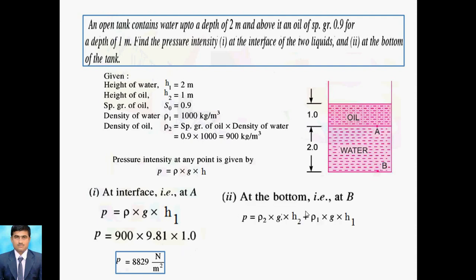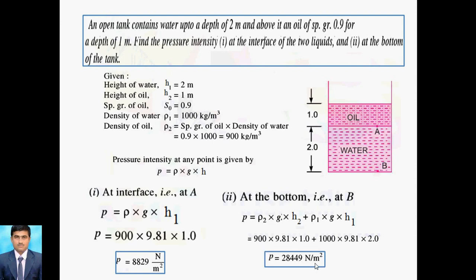Now we go for the interface at B. So rho 2 g h2 plus rho 1 g h1 will give the pressure at point B. If you require the pressure at A, it is considered from the upper side, so we take rho g h1, where h1 is the height of 1 meter. But in case of the bottom B, we take H2 and H1 with a plus sign. After putting in these values we get the value of P at B,